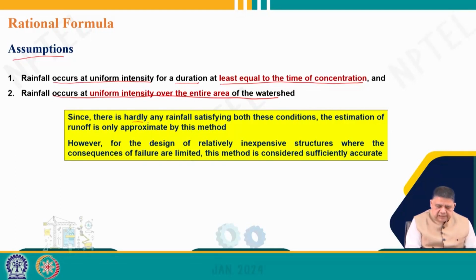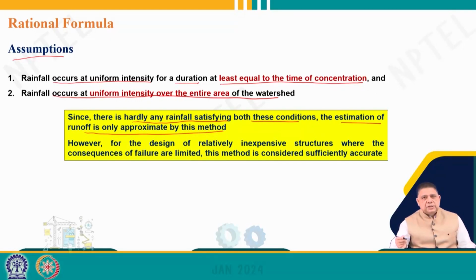Since there is hardly any rainfall satisfying both these conditions, the estimation of runoff is only approximate by this method. So, obviously, it is very difficult to get a rainfall which is uniformly distributed over an area of even, say, 100 hectares, forget about larger areas, or even a few hectares, and also very difficult to get a rainfall where the intensity remains constant or uniform for a certain period, which in this case is defined as the time of concentration